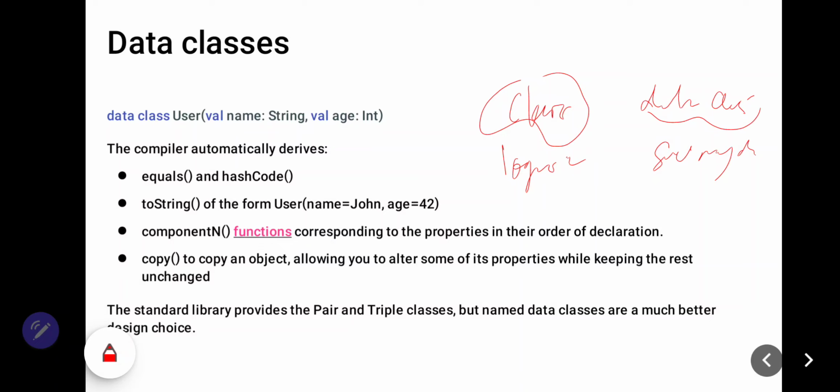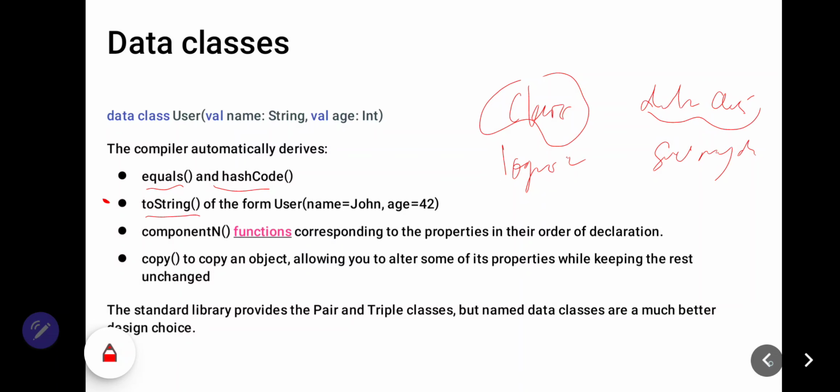For data class, you don't need to write equals, hashCode, and toString explicitly, because if you use data class, automatically you have equals, hashCode, and toString without writing explicitly.